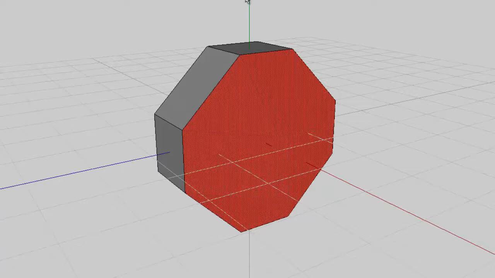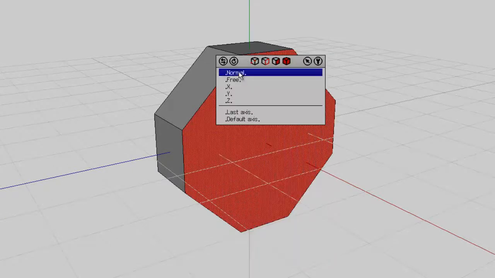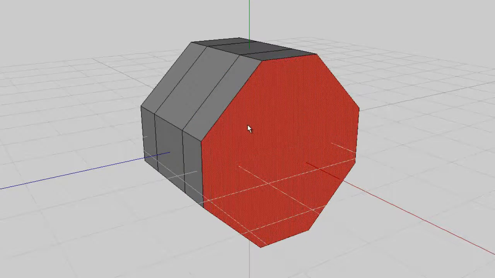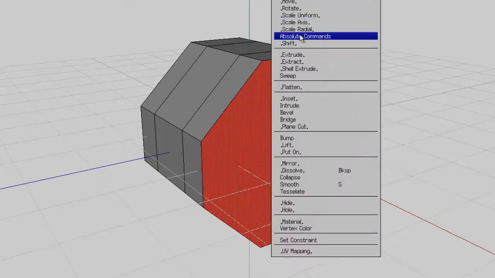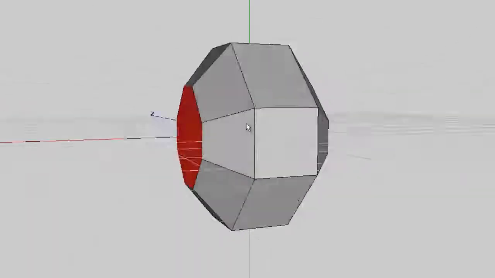the faces. Right click gives me a context sensitive menu, which I can use Extrude Normal, which brings it out normal to the face, and I'll just extrude that face a bit, and then if I just left click again, it deselects it. Right click again, and I want Scale Uniform, and scale it down, and that gives me my